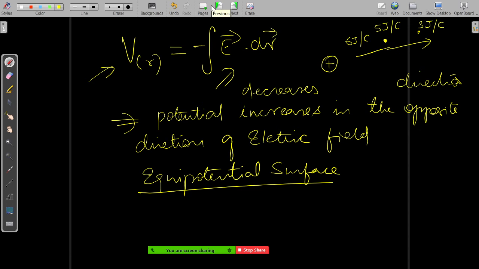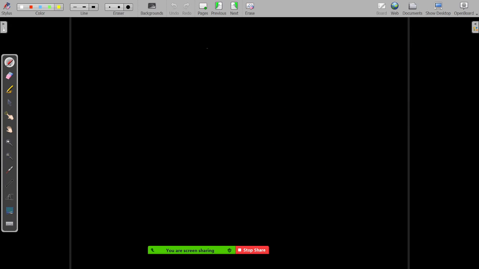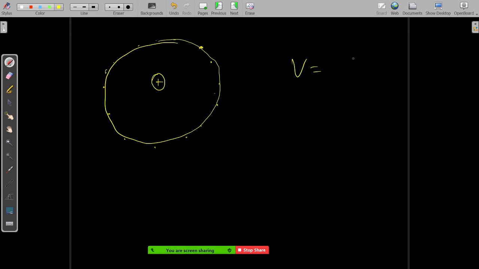Now, what this equipotential surface is: let's say there is a charge Q kept here. You have a point here, you have some other points also, different points where the potential is the same. If you draw a surface out of it, that surface is basically called the equipotential surface. You know that the potential at a point is equal to Q by 4 pi epsilon naught R. So the potential at a particular R will be equal.